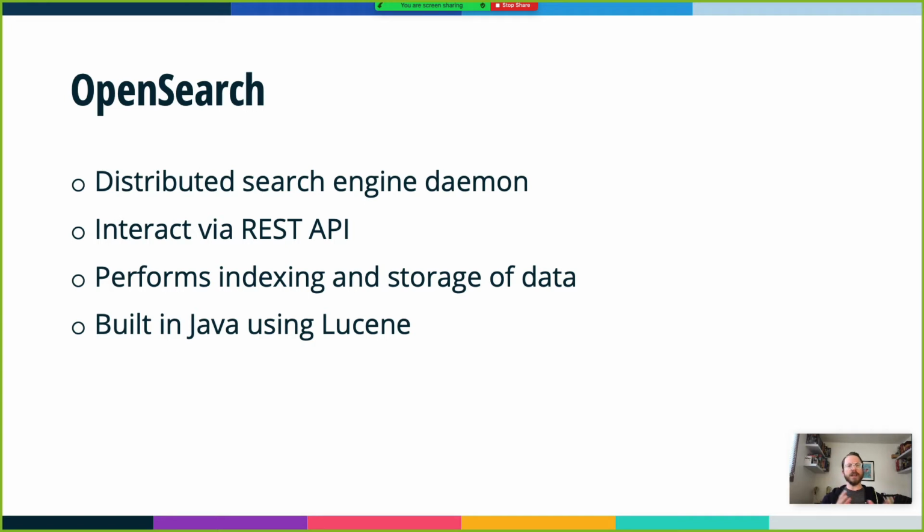It performs indexing and storage of data. What I mean by that is, while that makes it sound like a database, and later on we're going to say it's a database, its primary role is different from what you may think of as a database. Its primary role is to index data. Storage of data is also there, but when you see indexing and storage, people think of it as the same thing as your run-of-the-mill database. But when it comes down to things like consistency model and transaction guarantees, it's quite a bit different from maybe the SQL database you're using for your primary database.